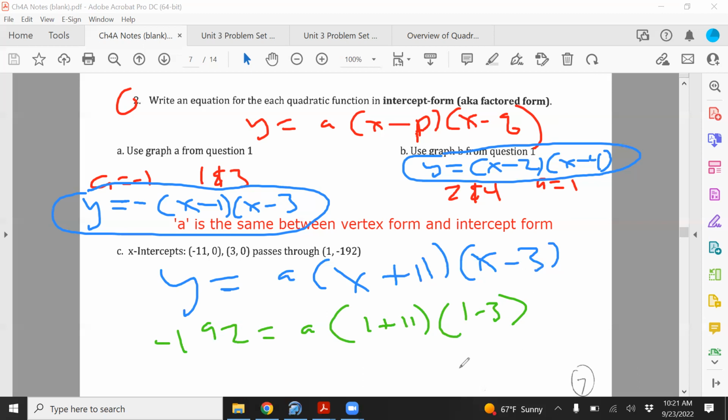And if you work it out, tell me what you get. 8. Is that negative 192? Negative 192, exactly. It's 8. So you get y equals 8 in parentheses. So you get 8 for a, Hugo? 8 for a. Perfect. Thank you so much. So final answer is going to be